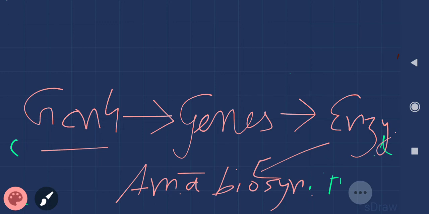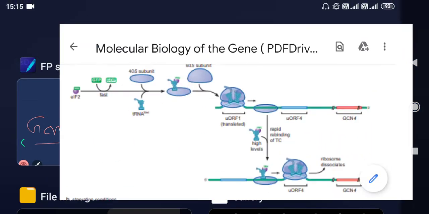Okay, so GCN4 is a transcriptional activator protein. It regulates the expression of those genes which will encode some enzymes that are needed for your amino acid biosynthesis.